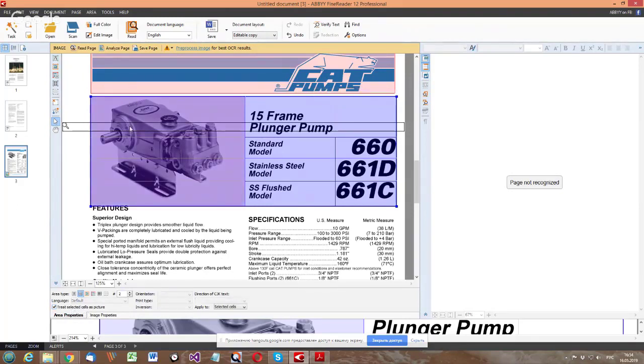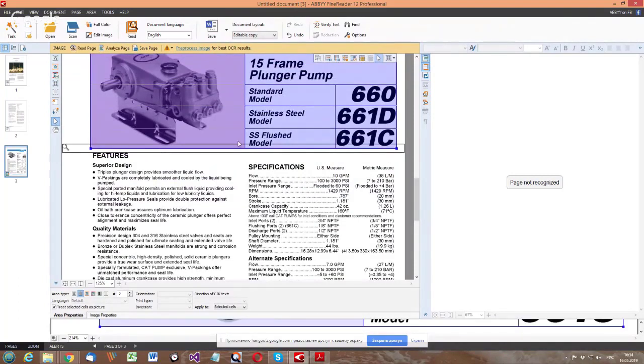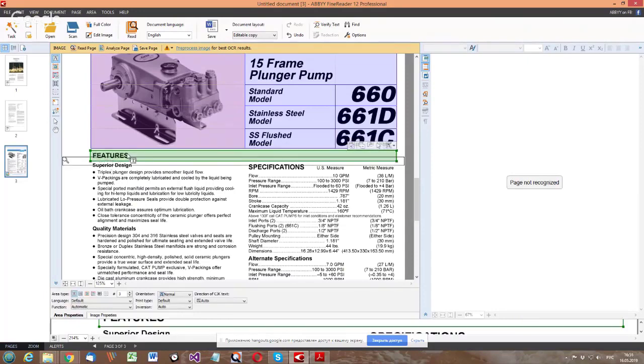Note the purple background as opposed to the blue table background. This is how Finereader displays picture cells. After that, and by the way, I need to change the table extents a little bit. Below, I can create one big text area across the page just to accommodate the features heading.